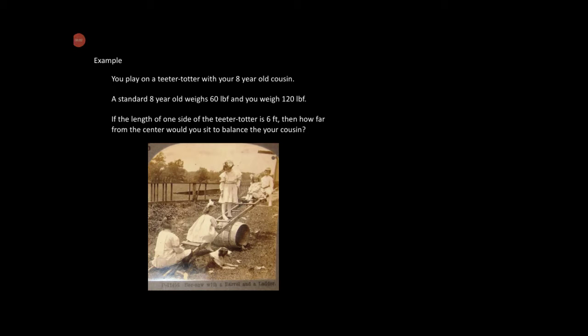All right, so let's look at a seesaw as an example, teeter-totter, whichever way you say it. This one is pretty nice. It's got a barrel here, right? And these girls are playing on a ladder over a barrel. So it's interesting to see some of the ways that some of the things we know as industrialized equipment, or not equipment, but playground equipment, how kids actually looked at them 150 years ago, and here we've got girls actually making their own